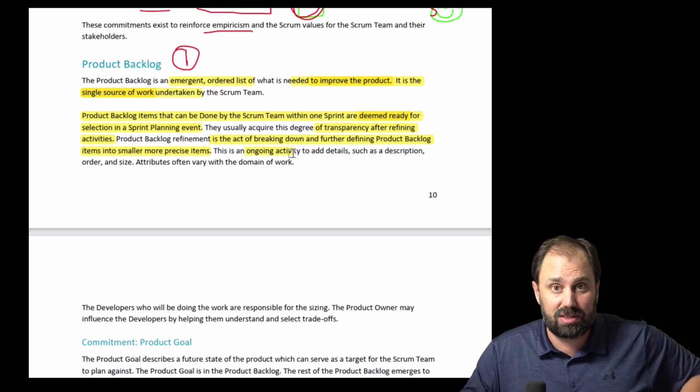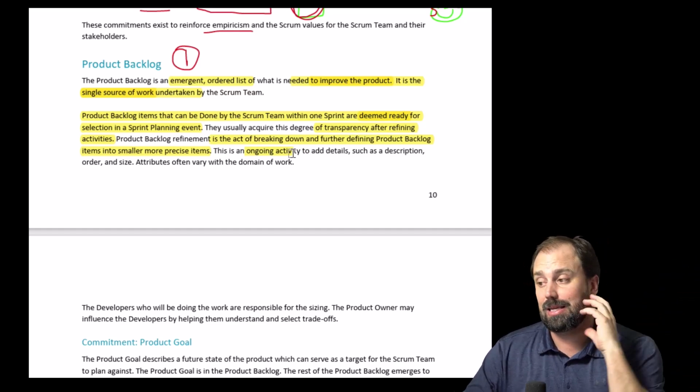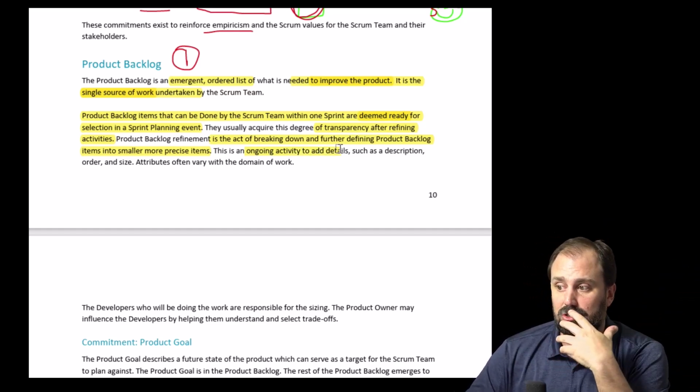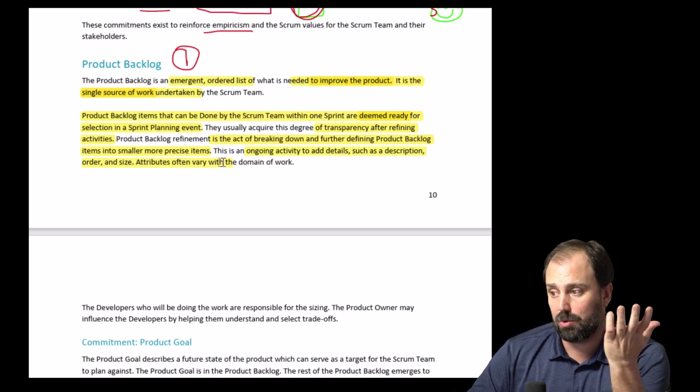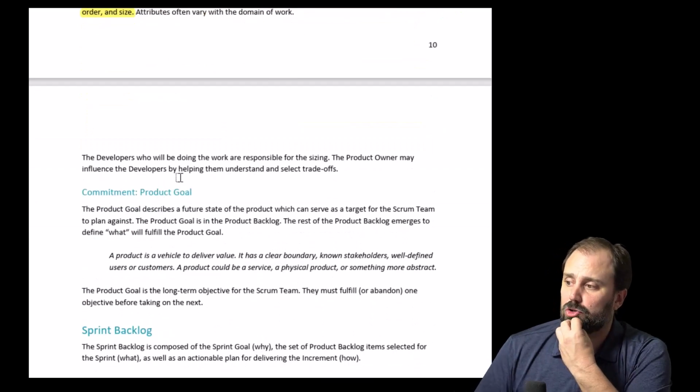The breaking down of the things at the top, it's like a conveyor belt. We got to keep the stuff at the top clean. All right? Got to add details such as description, order, size. All right? Attributes often vary with the domain of work. Now, the developers who will be doing the work are responsible for the sizing,